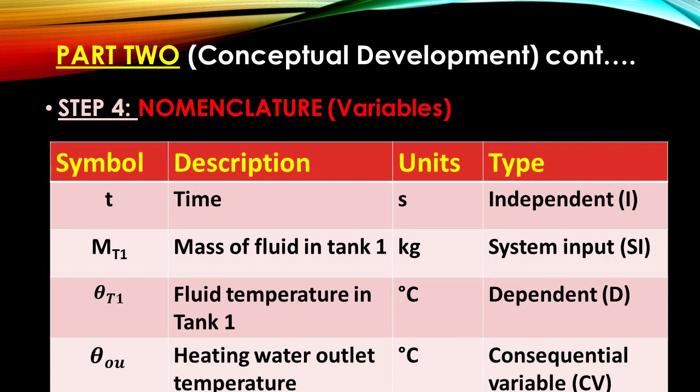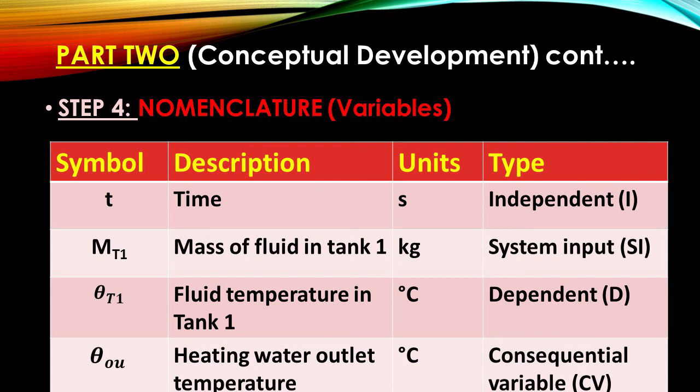Okay. Next, for example, another variable is the mass of fluid in the tank. It's in kgs, and it's called a system input. A system input is something that you just have to go and measure. You can't predict how much fluid is in your tank without measuring it. Another type